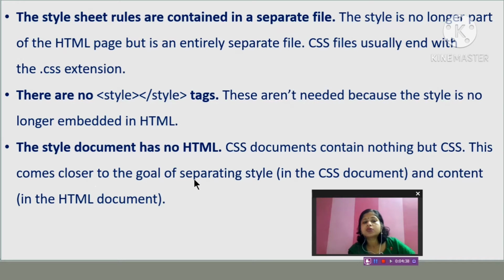This comes closer to the goal of separating style in the CSS document and content in the HTML document. This is now clear. From this point, one file will contain only CSS and one file will contain HTML. Both files will be created separately and linked with each other. Clear?